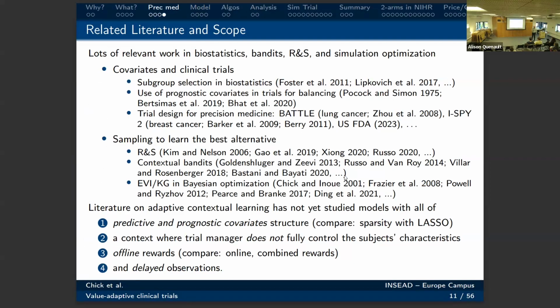Can I ask a quick question? Yeah, please. In the decision where you said you're going to stop and make a recommendation, can the recommendation be to continue experimenting? So here's the thing. In this particular talk on precision medicine, and I'm super glad you asked this question, I'm going to presume